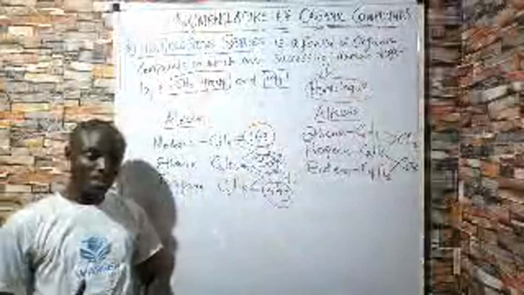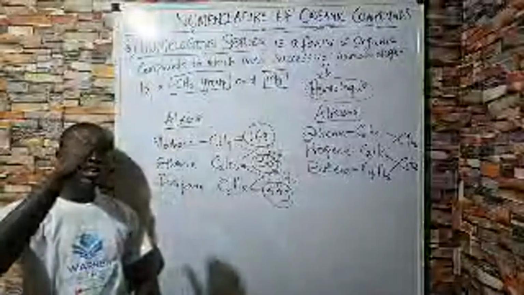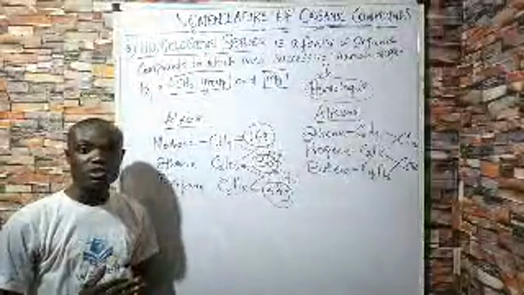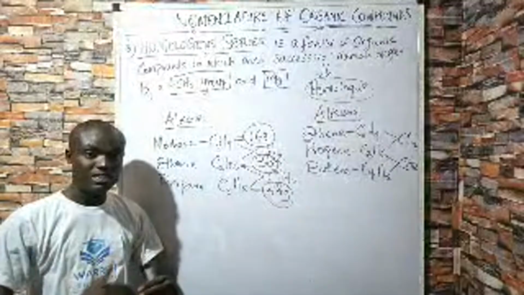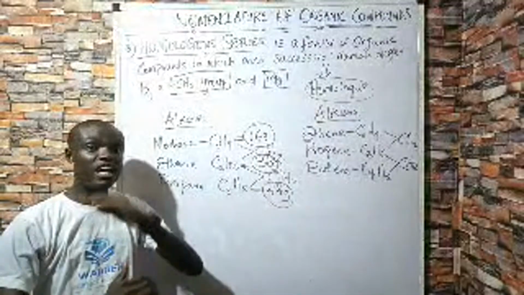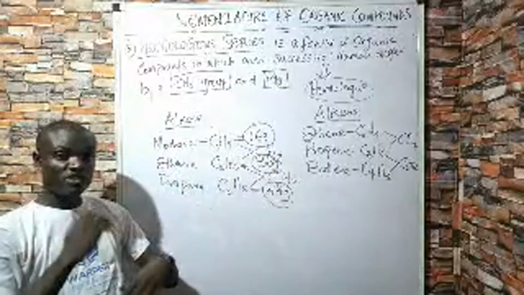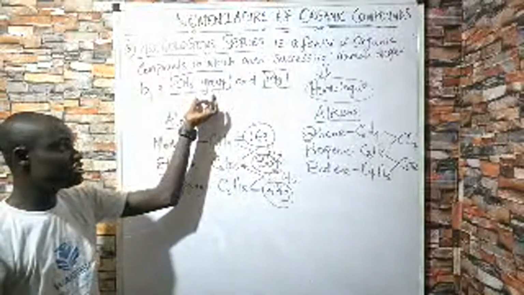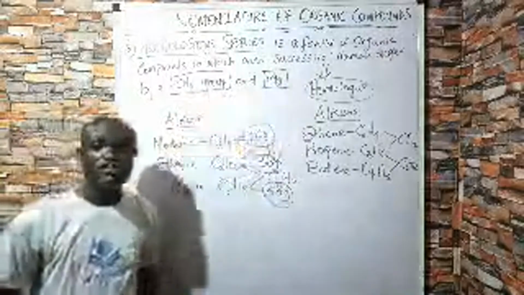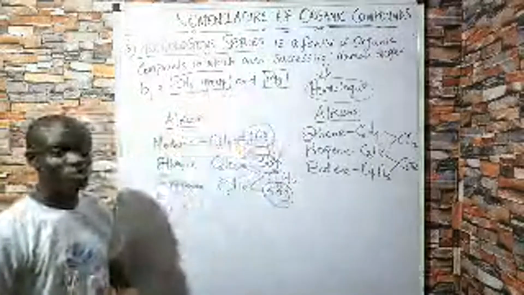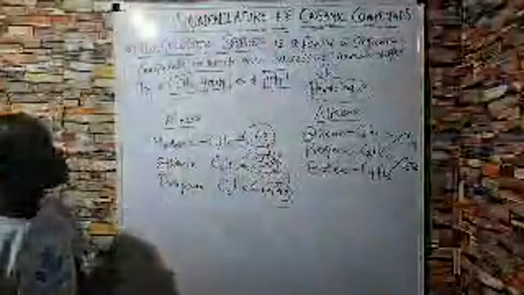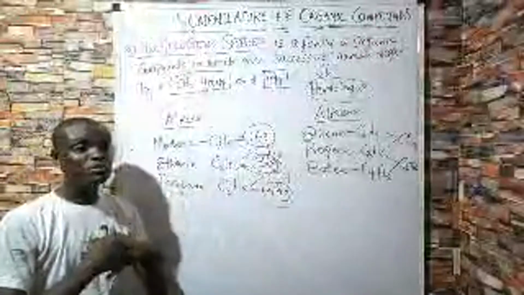Now, each member, just like we have children, we can say, oh, if they gave us a first child in 2000, the next child in 2002, the next child in 2004, the difference in their age would be 2 years. So the same thing happens here. Each member of the family, the difference between them is a CH2 group and 14 gram. So take note of that. So that's homologous series.